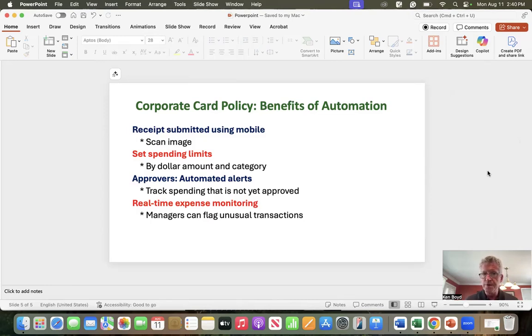Automated alerts to approvers. If somebody doesn't approve something, management's alerted how long that has been delayed. And finally, real-time expense monitoring. You can see stuff going on in real time and flag transactions,